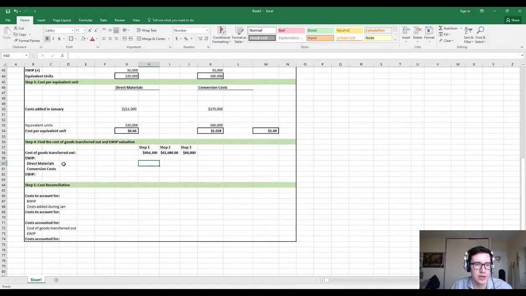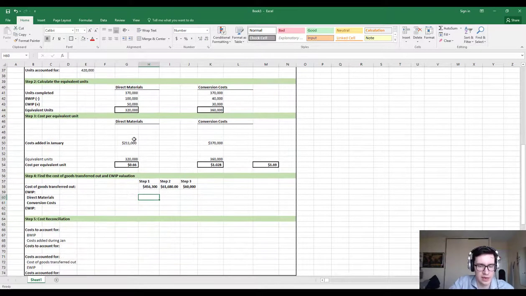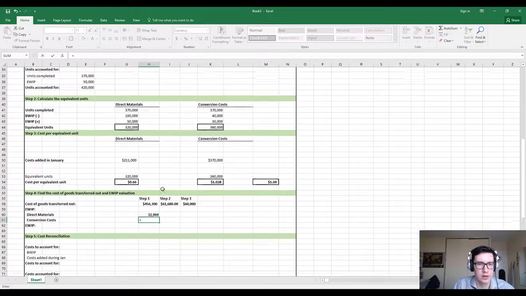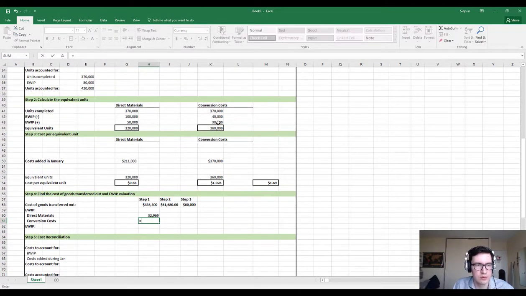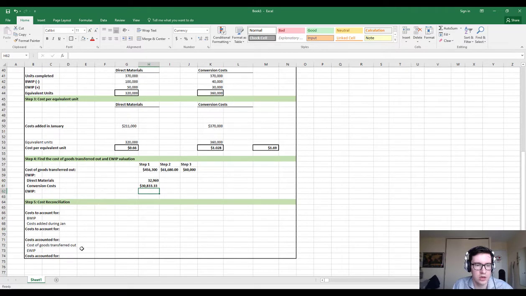We're just going to take the direct materials in our EWIP account, so that's 50,000, and we're going to multiply the 50,000 by our cost per equivalent unit for direct materials, and we're going to take our ending work in process for conversion costs and multiply that by the cost per equivalent unit for conversion costs, and that's going to be 30,833. So for our final cost reconciliation,